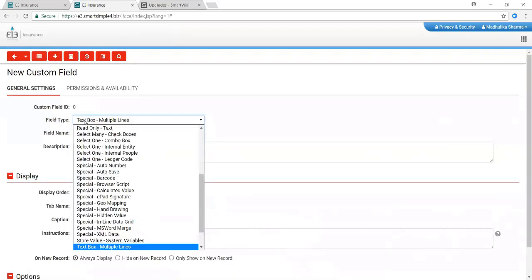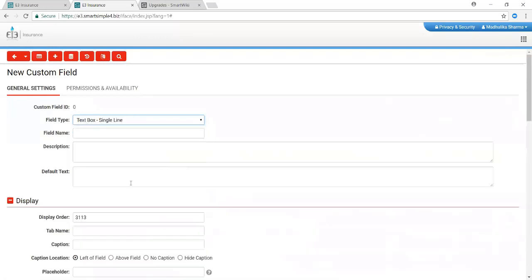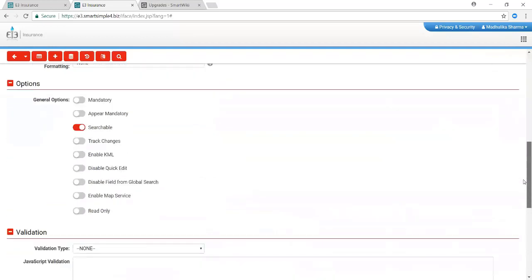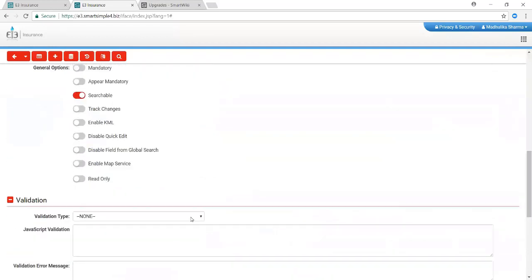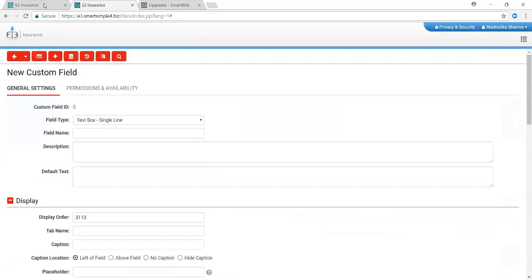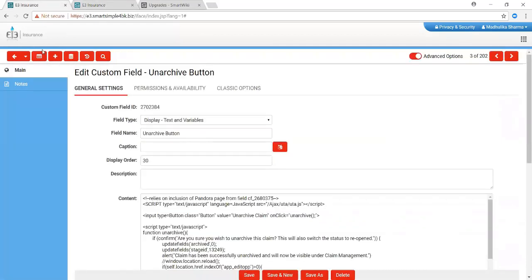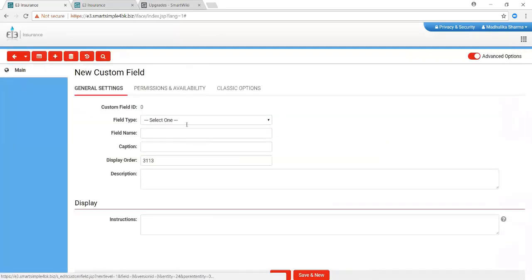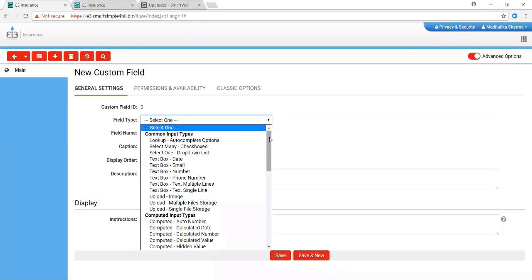what you do, as system admin, is you go into a text box single line, you select that, and then if this is meant to be a date field, you scroll down to the formatting section. Under the validation, you select date, and then you save that for this field now to appear as a date type field. This has now changed. The revision now includes, if I create a new field, we get more